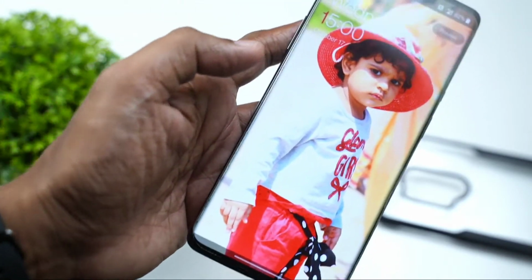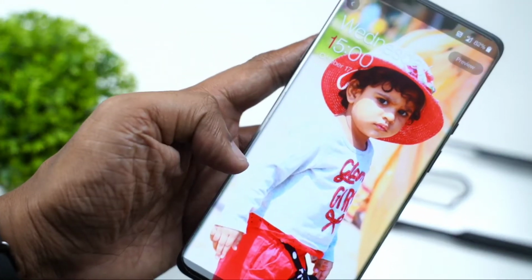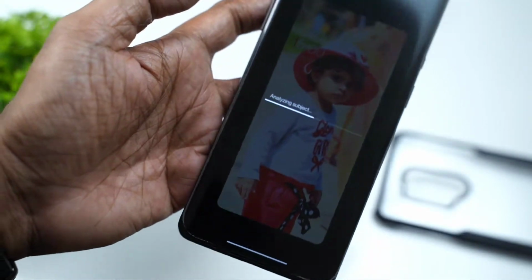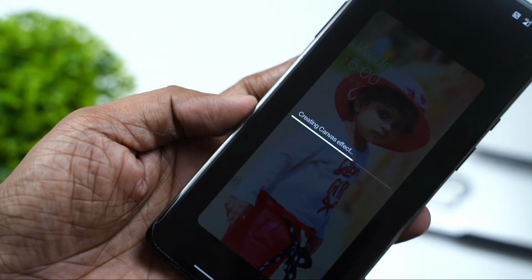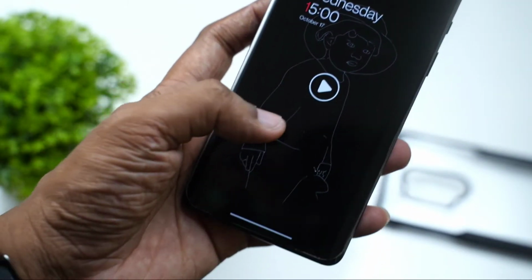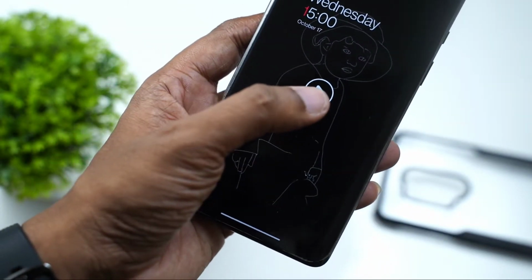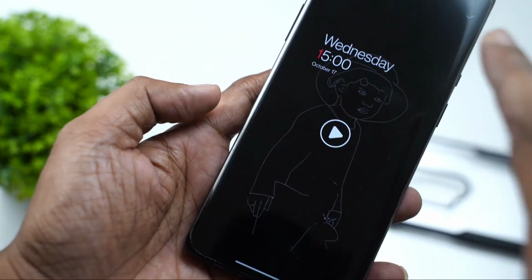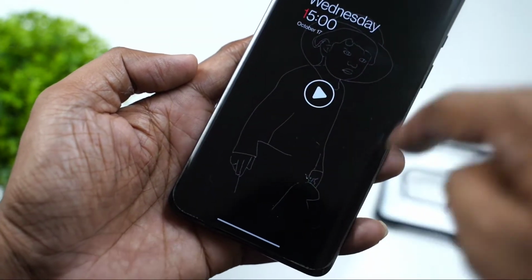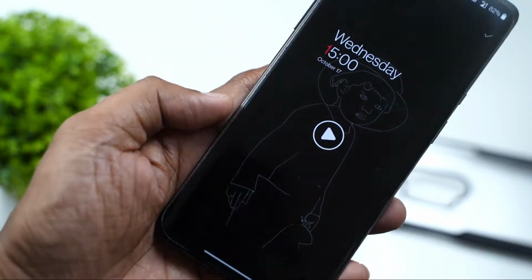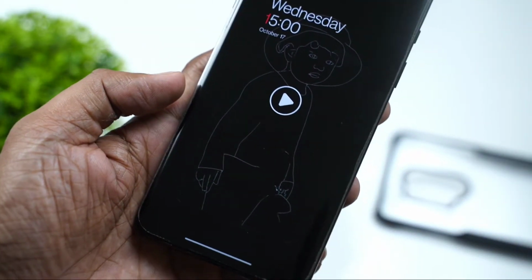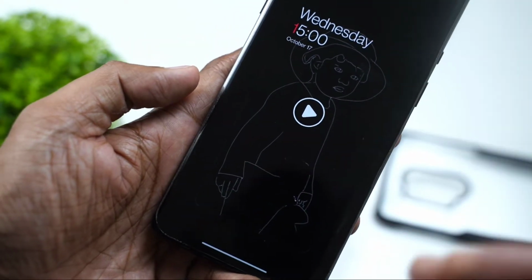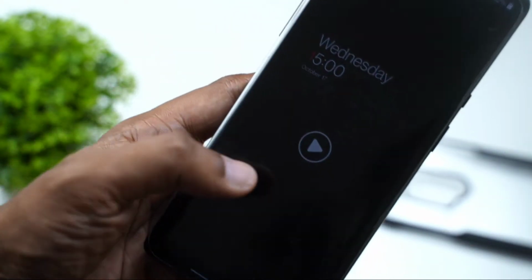So I have selected this photo from the wallpaper and after selecting canvas, let us have the preview button. It is processing, analyzing the subject. Okay, now you can see, once I press, there will be basically two stages. One is the outline section that is shown, then there is a motion blurring of the background. And once you have the fingerprint unlock, this blur again slides back into the complete photo.